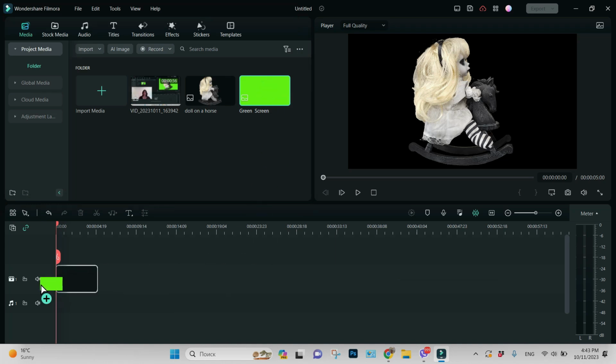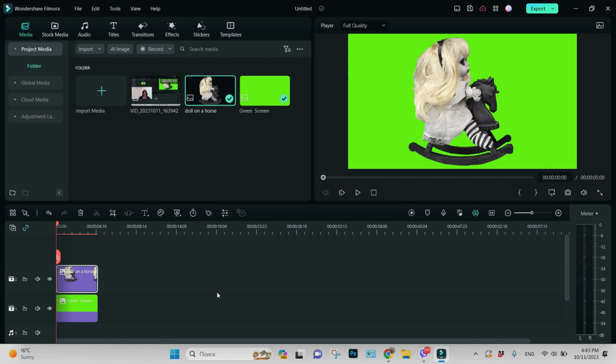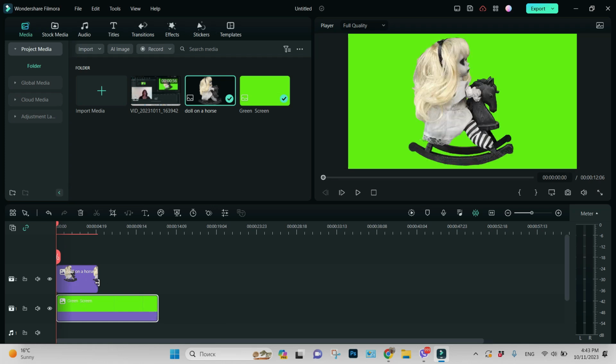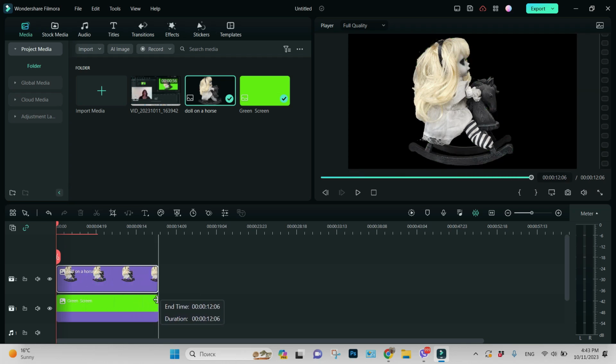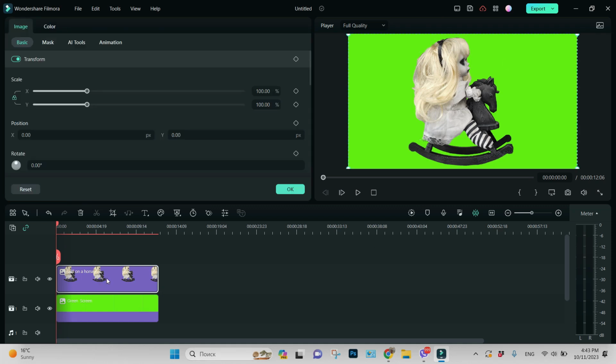Okay, let's drag and drop the green screen first, and drag and drop over it our doll with the horse. And let's do for now the duration something like 12 seconds. It's okay? It can be the same. Okay, so we have our doll, and let us do double left click of your mouse on this image with